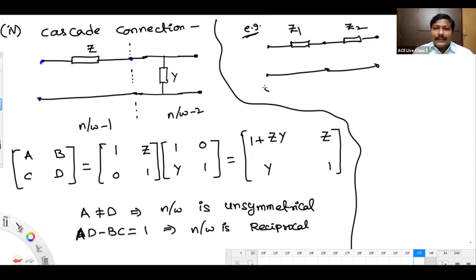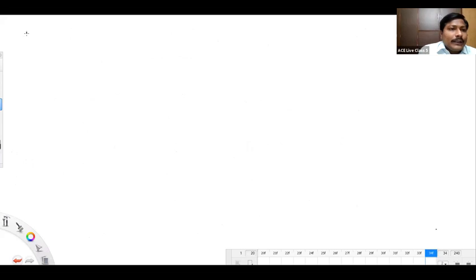Z2. So it's a network 1 and a network 2 connected in cascade. The resultant will come to be what? Obviously, network 1 symmetrical, network 2 symmetrical, so the overall network will also be symmetrical in nature. So I'll say, if two symmetrical networks in cascade,